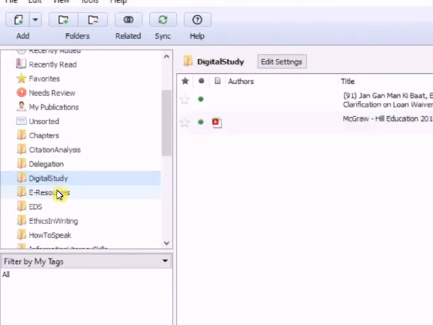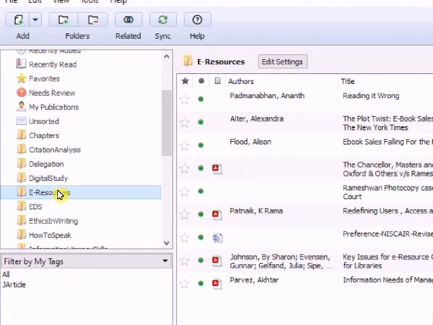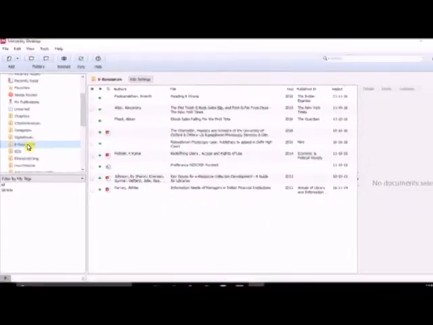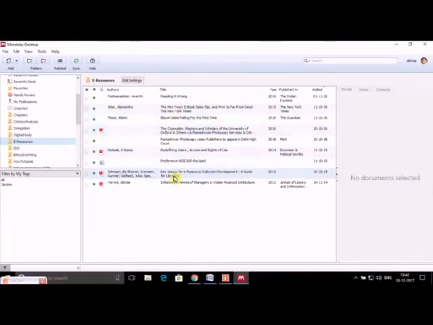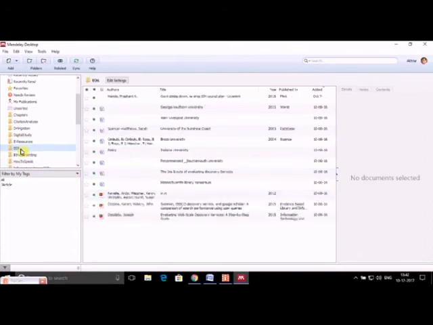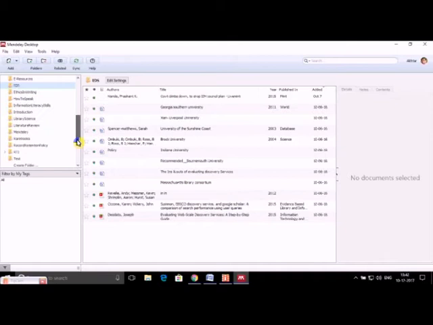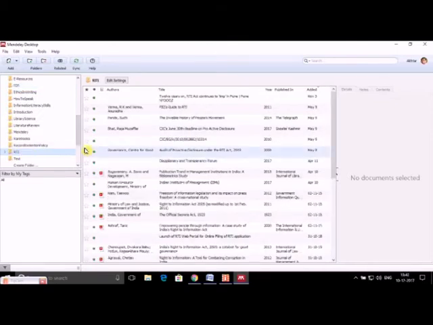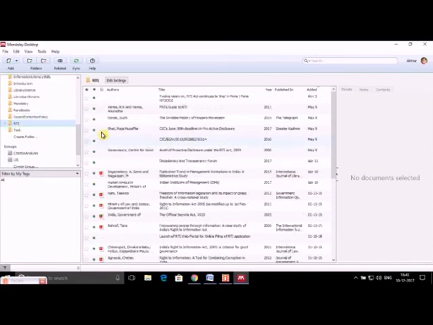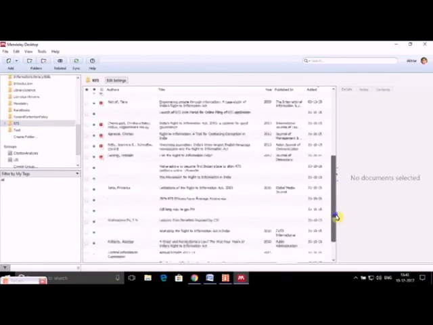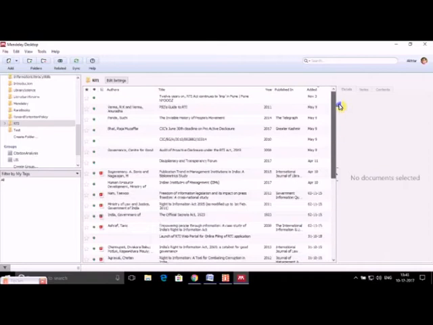So whenever I work on any topic, I create a folder and store all my documents in that folder. So if you see under e-resources, these are the documents which I have added. Under EDS, these are the documents, and so on. Right? So I was working on RTI, so I have stored all my articles here for possible citation and referencing.